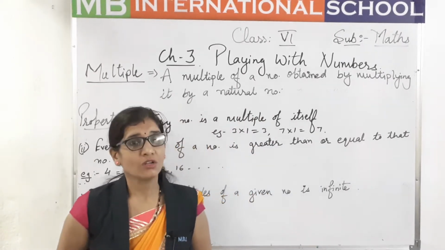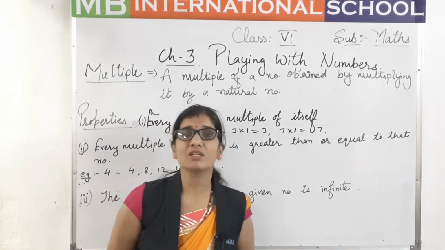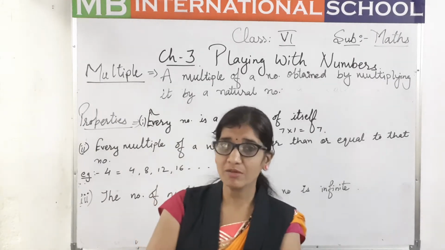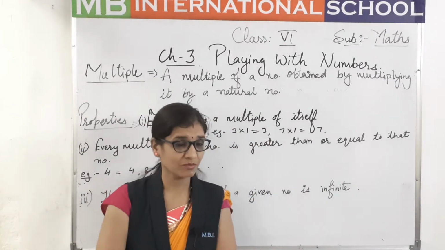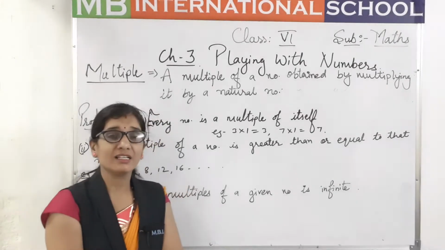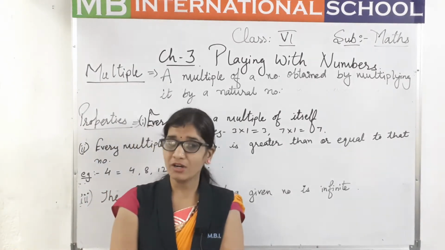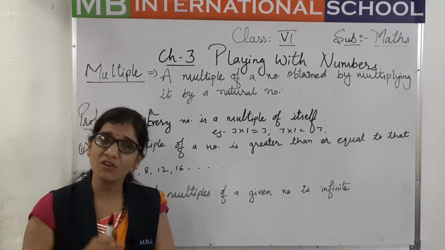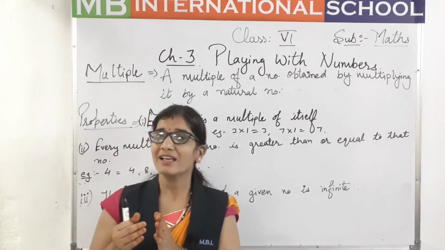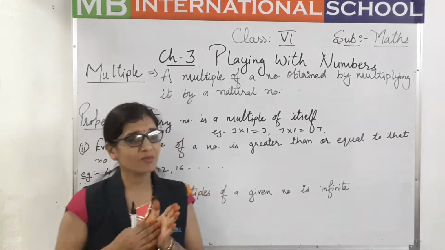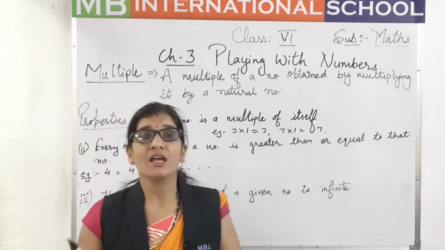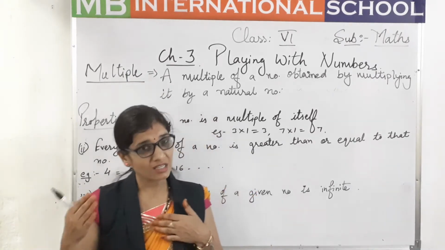Natural numbers: you have already studied that natural numbers are counting numbers. You know the smallest counting number is 1. You have already studied in earlier classes even numbers and odd numbers, but you did not know that they are part of the natural numbers. Now we are going to study them as a part of natural numbers. Natural numbers are divided into even numbers, odd numbers, prime numbers, and composite numbers, as well as other types.